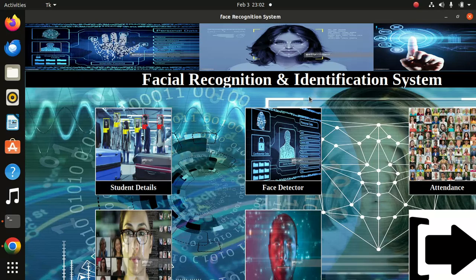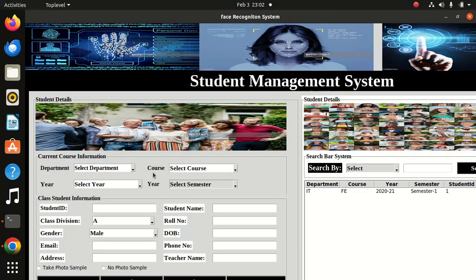First of all, we will go through the student details which you want to fill up. Yes, then we will select the department IT, then we will select the course FE, then the year 2022, select the semester second, then student ID 2,